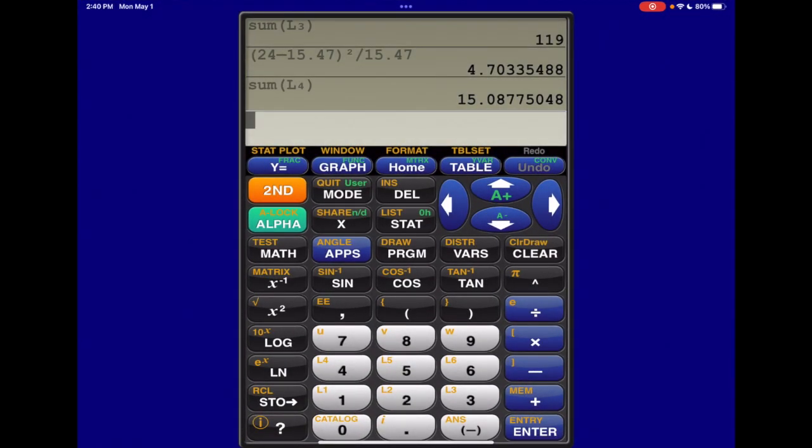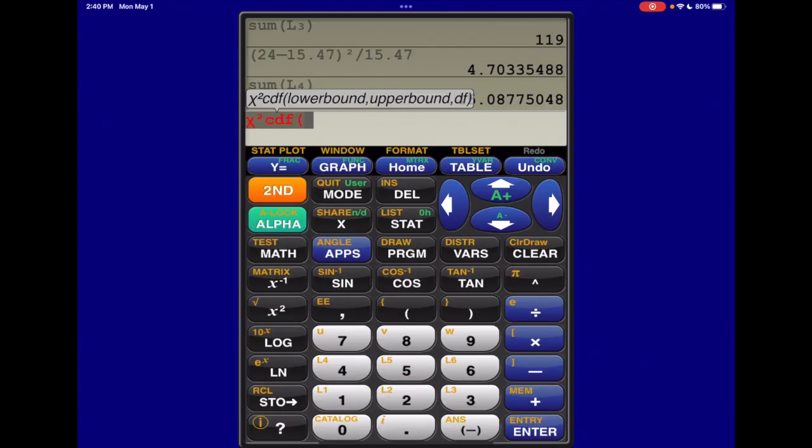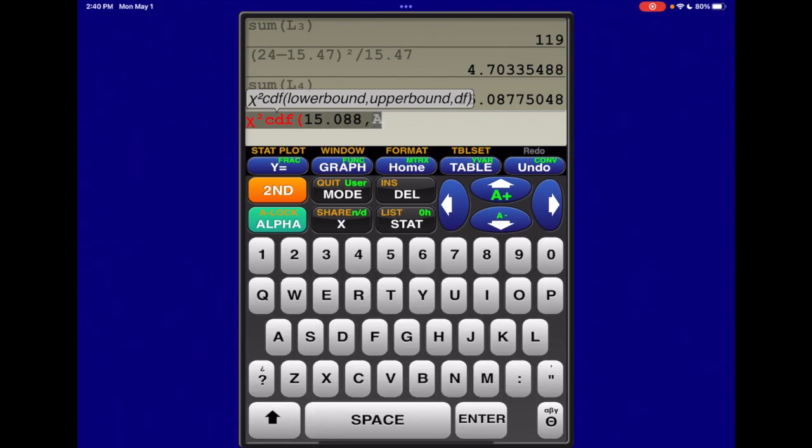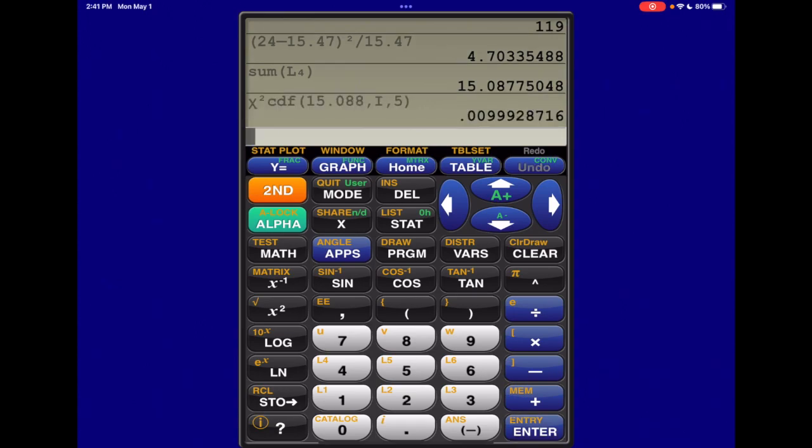I'll do that real quick, and then we'll be done with this one. So let's see, we want to go into the distribution menu. It's a common mistake for people to use row 6, which is TCDF, because you're so used to that from the last chapter, but this one's a chi-squared, so do chi-squared CDF. Our lower bound, or left bound, is our test stat, 15.088. We're going to go forever to the right, so our right boundary is infinity, and then number of degrees of freedom is 5. And we expect a small answer because it's just a little bit of area out in the tail. And when I press enter, I get